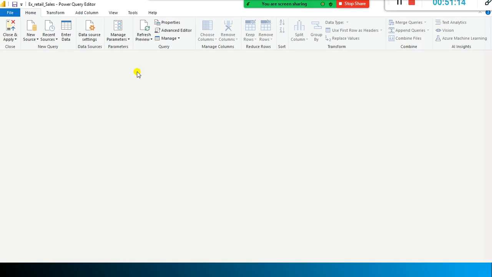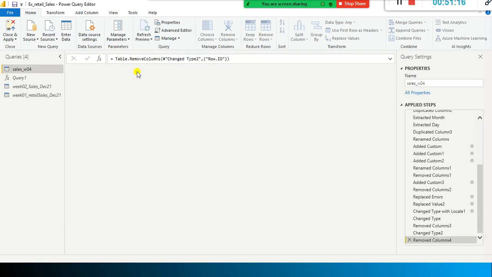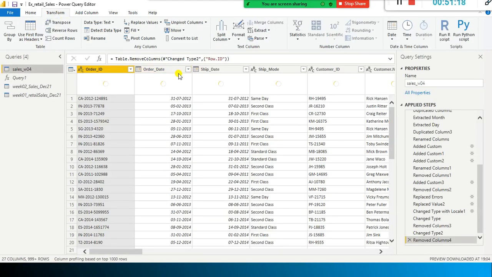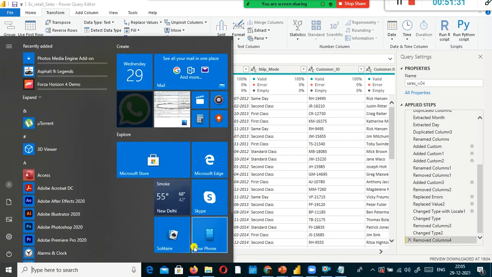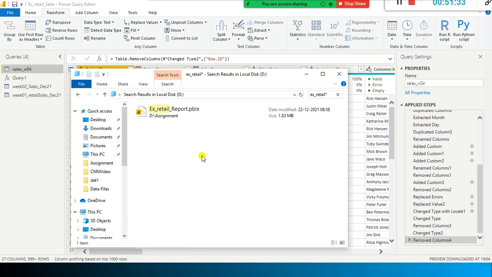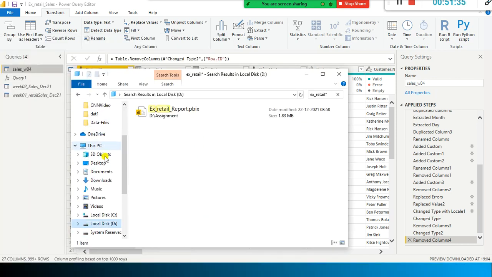Here we did all kind of transformation that are required for this table, for this file. Look here, already I converted the order date as order date. You remember the file which I shared with you, it was not in the proper data type.